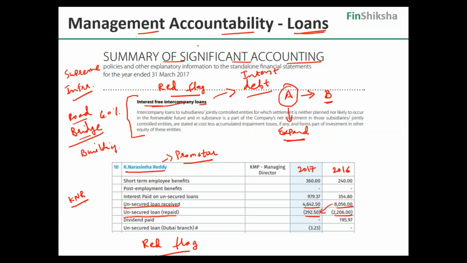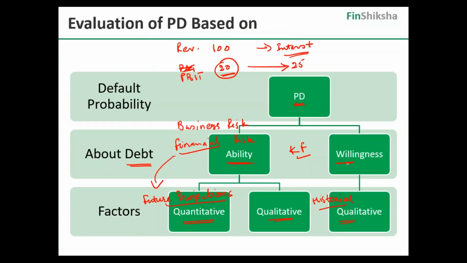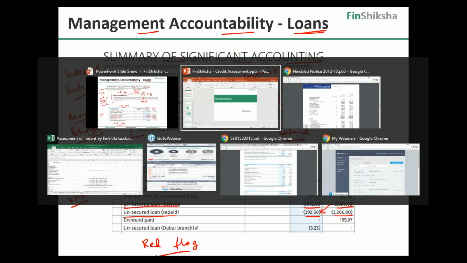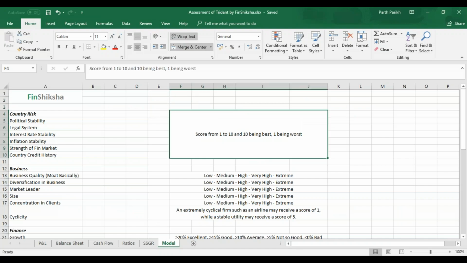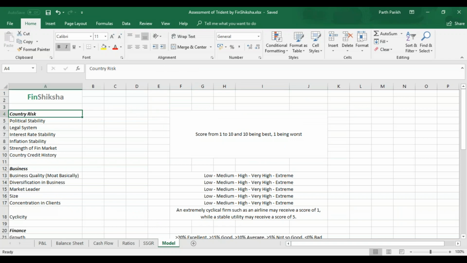So which comes into management accountability over here. So which is more on the willingness front. Now, just to give you an idea, the companies which are there, or credit management or credit risk companies, analyze these primary parameters. These are again not exhaustive parameters. This does not include everything, but this is more like sacrosanct parameters. You have to look at it, and based on this, the companies or the credit rating companies give a particular